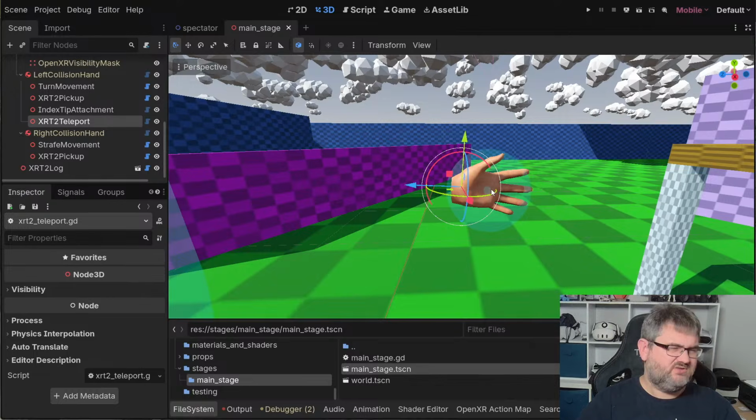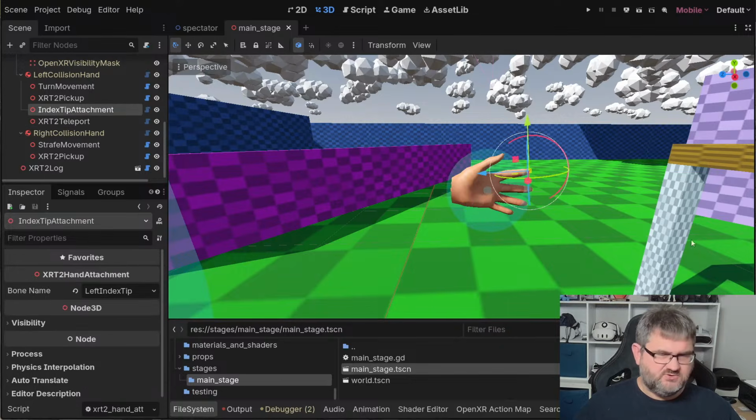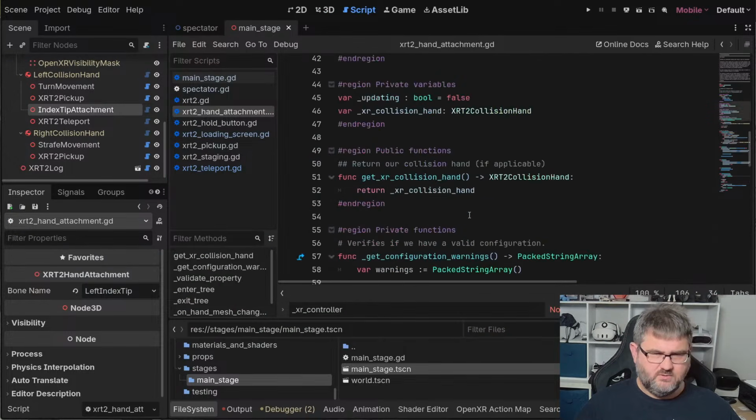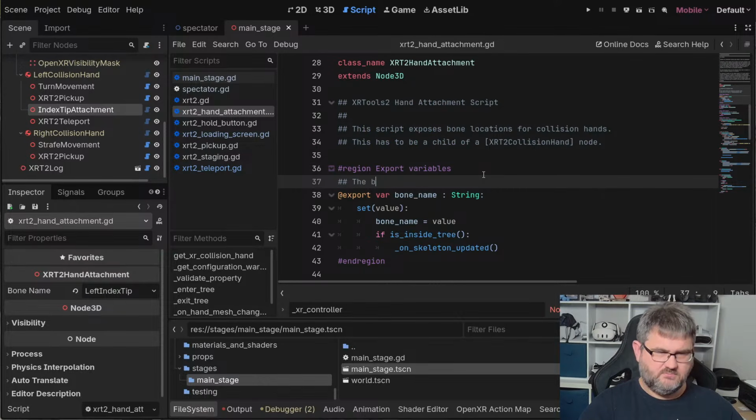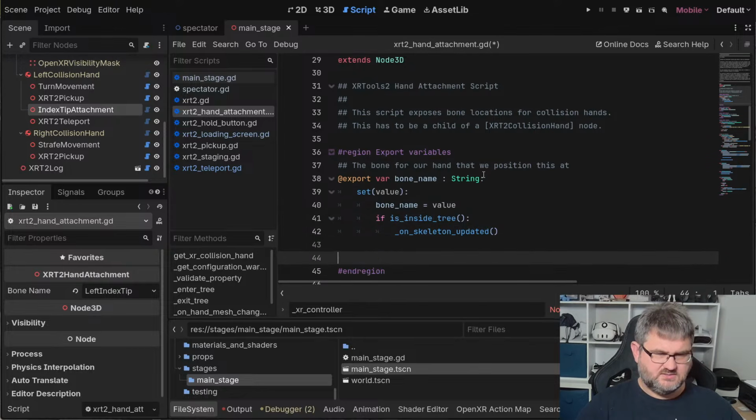That's actually another thing that I'm thinking about adding to our attachment, that we can actually add a transform offset here. Might actually want to do that anyway. So let's make a property for that. Oh, this actually should be the bone for our hand. Position this at, and in this case, what we want to do is